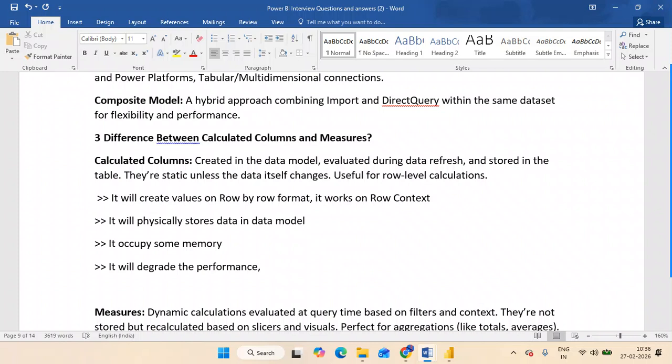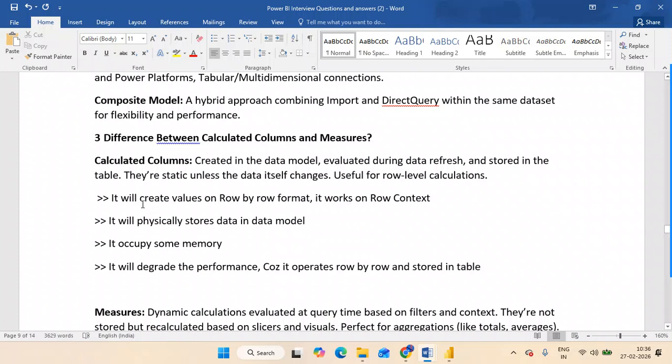Whenever we want to improve performance, we have to use a measure, not a calculated column. So that is how it degrades the performance.